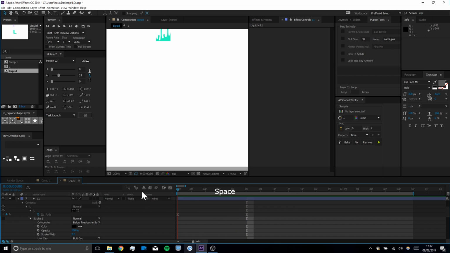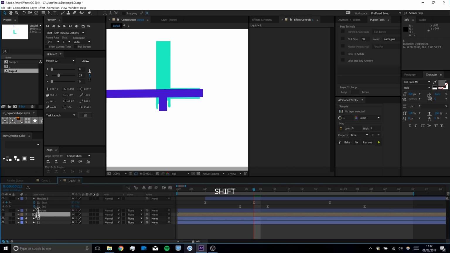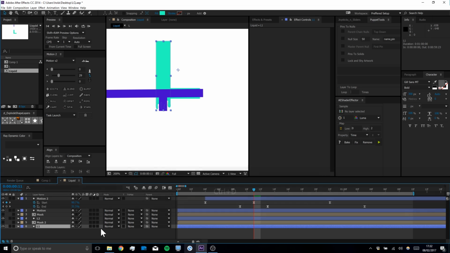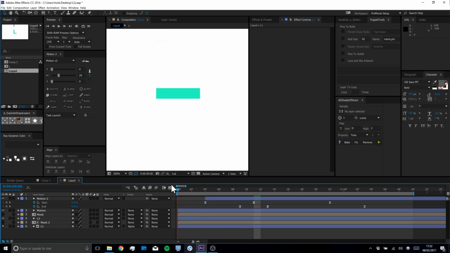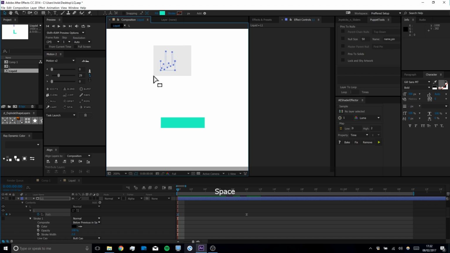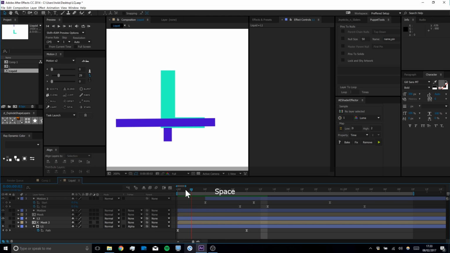So now we've got this kind of goo flowing down, and then if we rename this we can just call this mask, and we can duplicate it, and on this shape use it as an alpha matte. So what this is going to do is chop it off so it ends at the top there. Now obviously we've got a little bit of a gap at the top, so if we just select our first keyframe of the path, and we're just going to nudge that up so we can't see it yet. So now we've got this goo sliding down